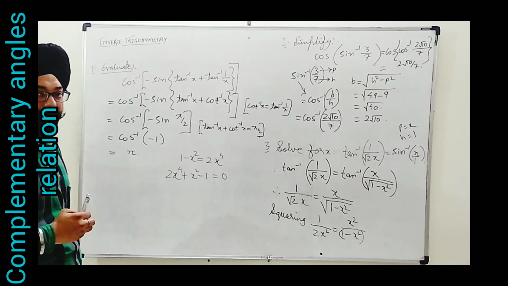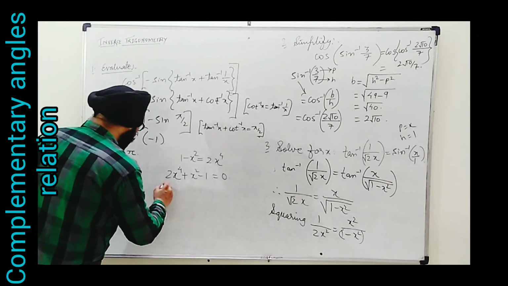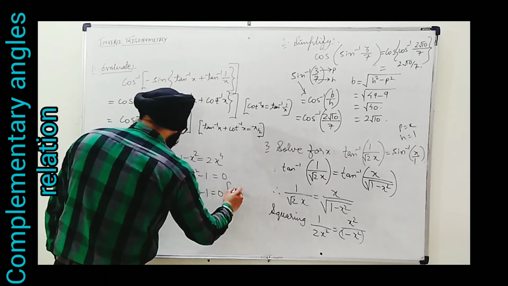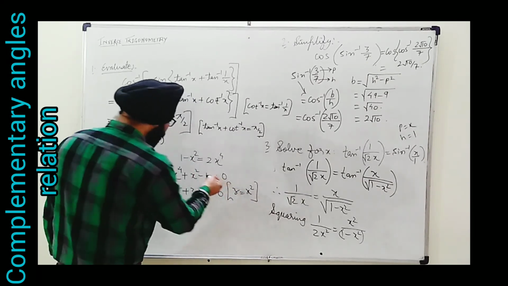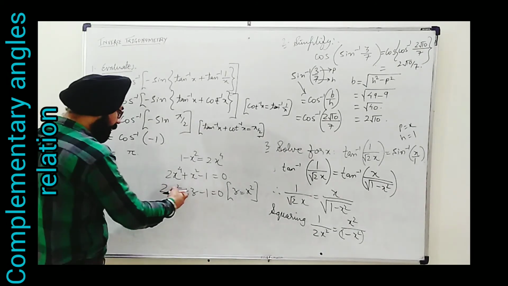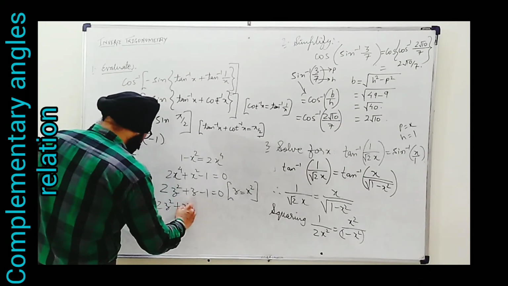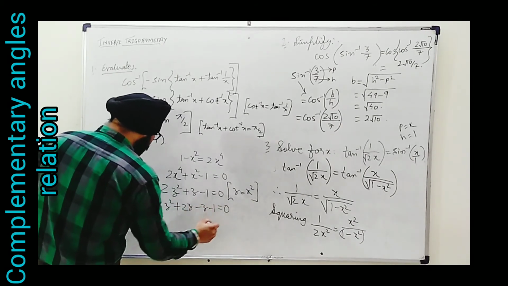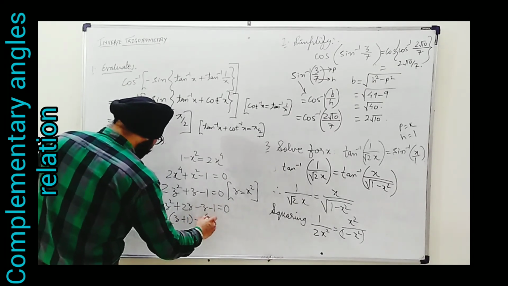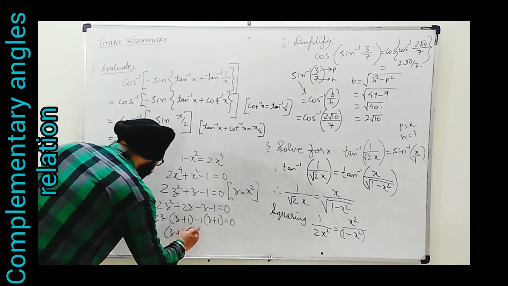Now this is a reducible type quadratic equation where we can replace x square with some other value like z. So this becomes 2z square plus z minus 1 equal to 0, where z we have taken as x square. From earlier classes the concept of quadratic equation has been taken. Now to simplify by splitting, as I see it is 2 and minus 1, so 2z square plus 2z minus z minus 1 equal to 0. Taking common we get 2z, z plus 1, here minus 1, z plus 1. This part I hope you know very well. So you can do that.